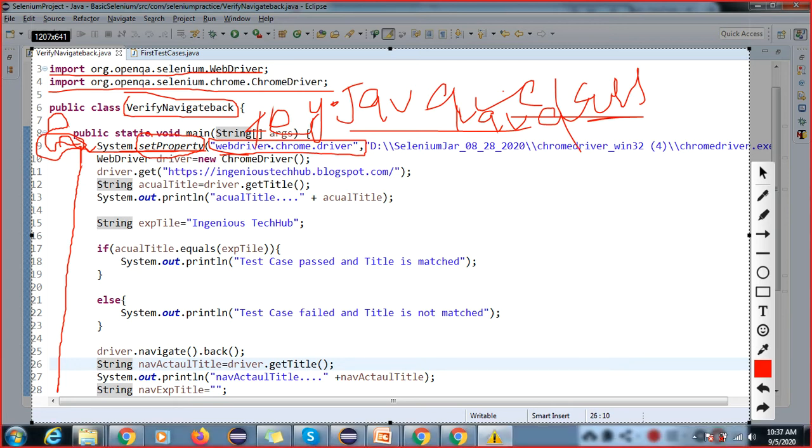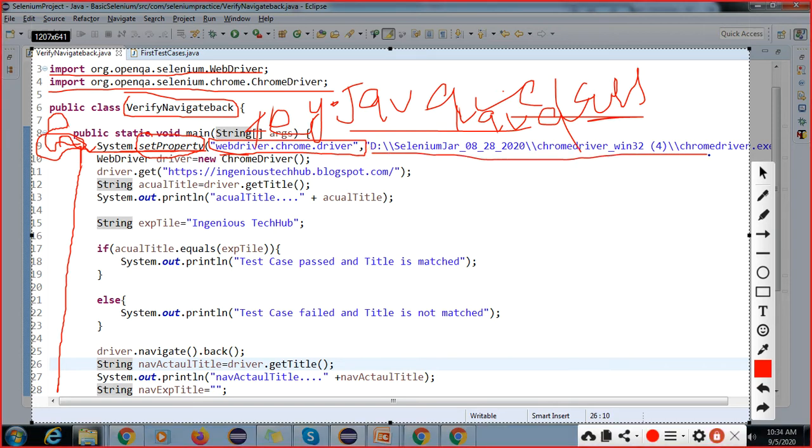We will also use different browsers for launching the application, and here we are passing the exe file. If you remember how to download this exe file, fine; if you don't remember, you can watch my previous session. Here, WebDriver is your interface, and this is your driver, holding the ChromeDriver object. WebDriver driver. So WebDriver is your interface. If you go to Java, this is your superclass and this is your subclass. This concept is called upcasting.